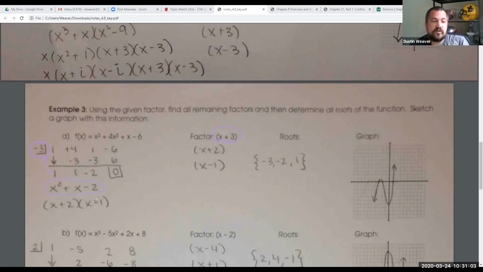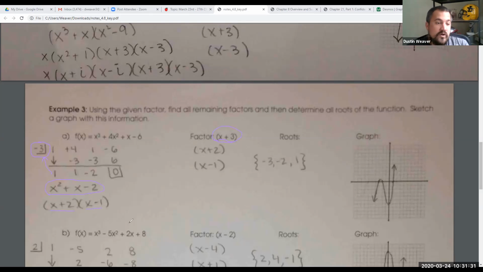And we're saying, factor this. What two numbers? Here's the question I would ask you, and I'll put it in the chat. What two numbers multiply to give me -2 and add to give me +1? And you say that's 2 and -1, right? So you're going to say x plus 2 and x minus 1. That's how we get our factors.